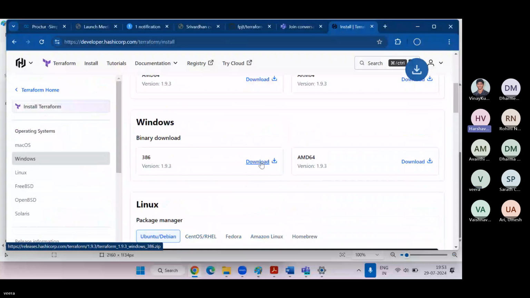Veera, there is some lag in your video and voice. It's getting stuck. Is it? Yes. Now also there is some disturbance. Okay. Is it fine now? It's better with the voice, Veera, but the video got stuck.